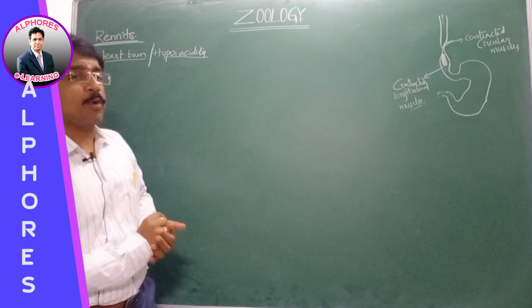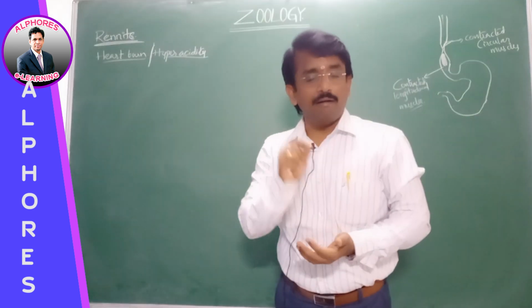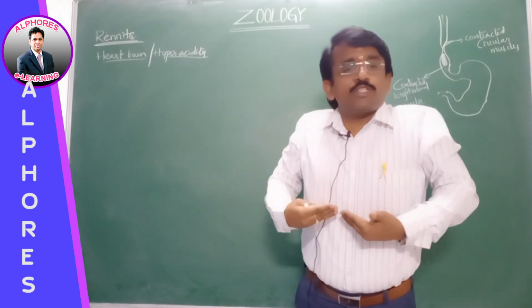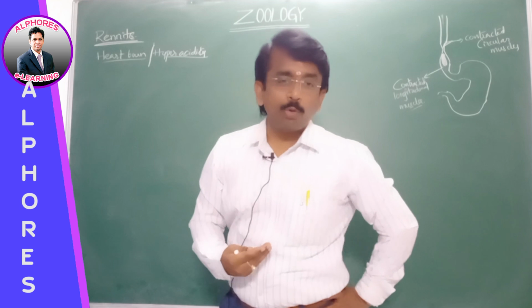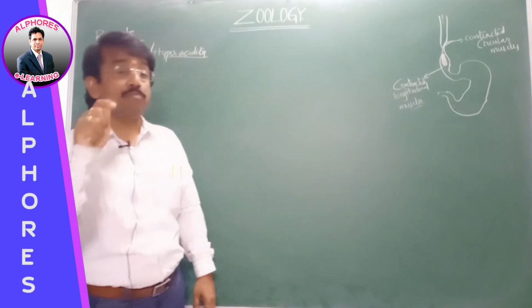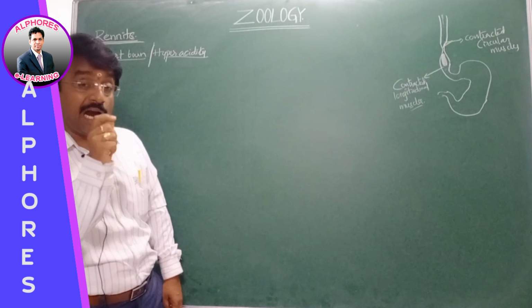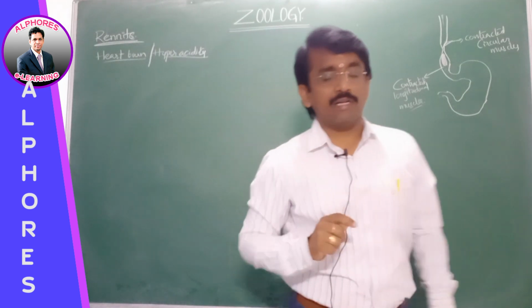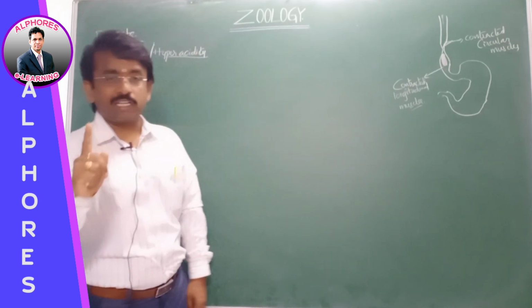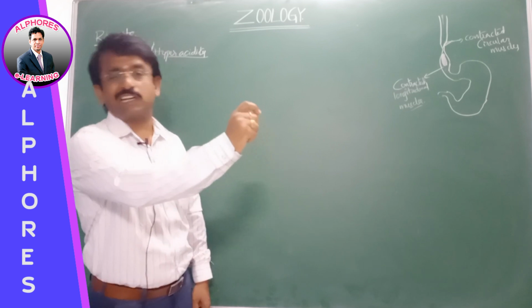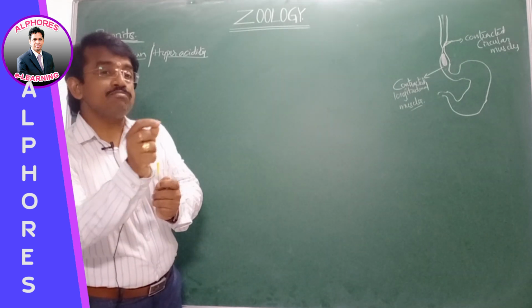Moreover, the gut is protected from what is called autodigestion. Autodigestion means digesting its own parts. Basically, the cells are made up of proteins, which may be damaged by protease enzymes or proteinases. That is how it is avoided. It is nothing but the enzymes being released in an inactive form. So the gut is protected from excoriation by mucus secreted from the goblet cells, and also by enzymes released in an inactive